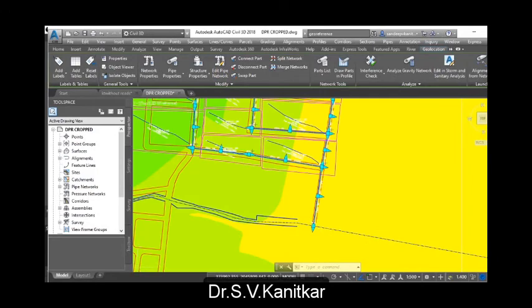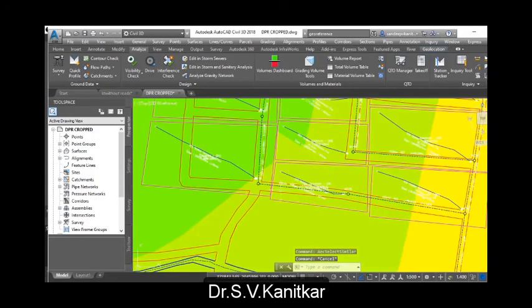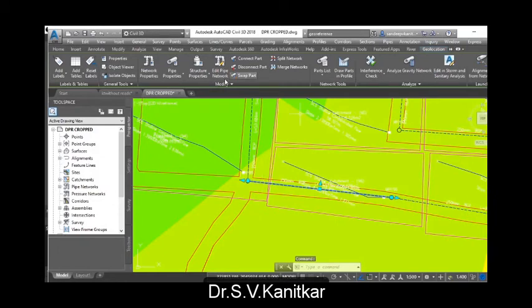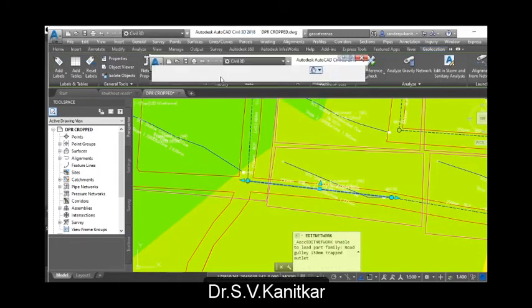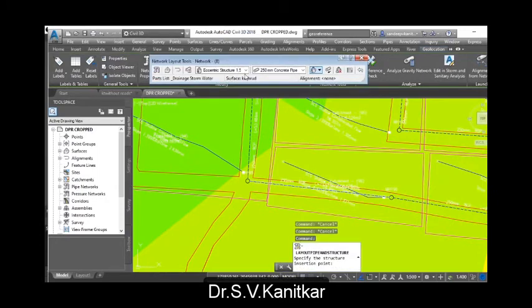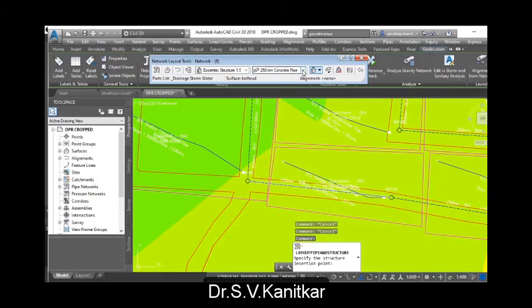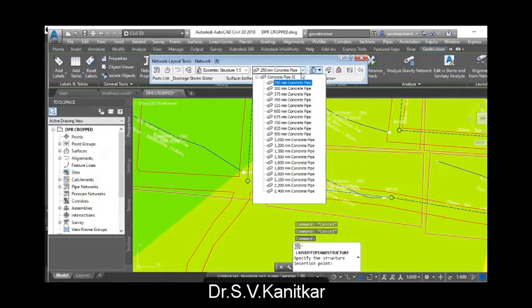So these are all pipe networks which are already drawn along the road network. I can edit those structure pipe properties or network properties. All those part lists and details are available, so that is part of Civil 3D. You can select different network structures, that is manhole structures, and you can also select the pipe.